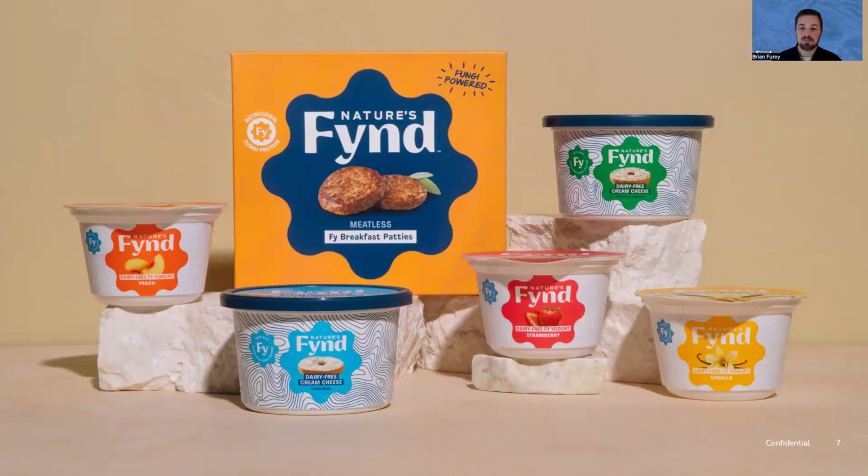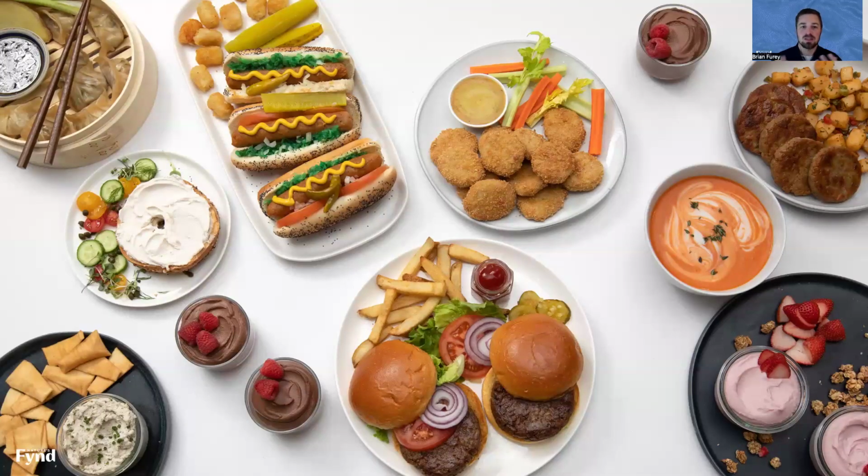So as I mentioned, Phi is very versatile. And maybe I'll jump to this slide real quick first. It shows some of the versatility: every one of these food categories that you see here has Phi as an ingredient in it. So you have anything from the burger patties that are made of Phi, to the burger bun, where we can dry Phi into a dry powder, a flour, and we can create baked goods. We see desserts, we see cheeses, chicken nuggets, soups, right? So there's a huge variety of different foods that we can apply Phi to and create a nutritious and very